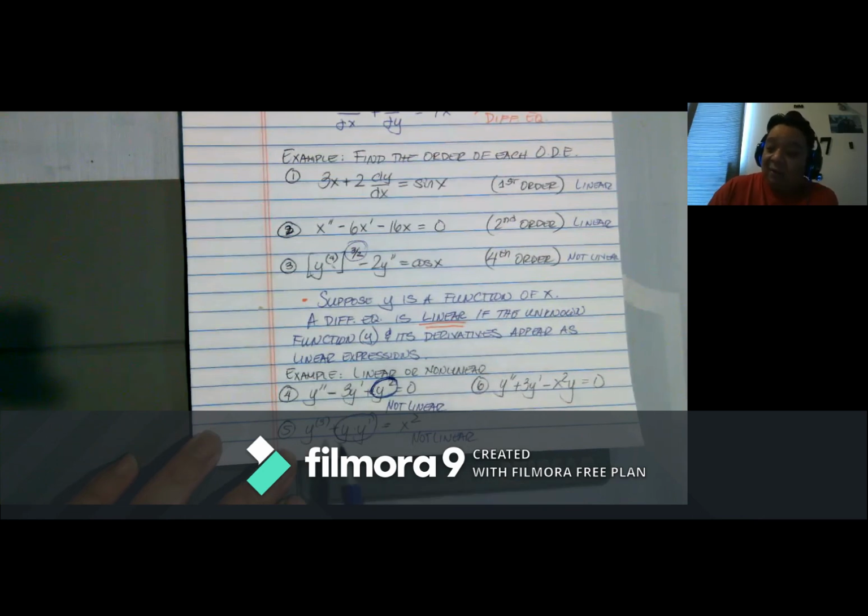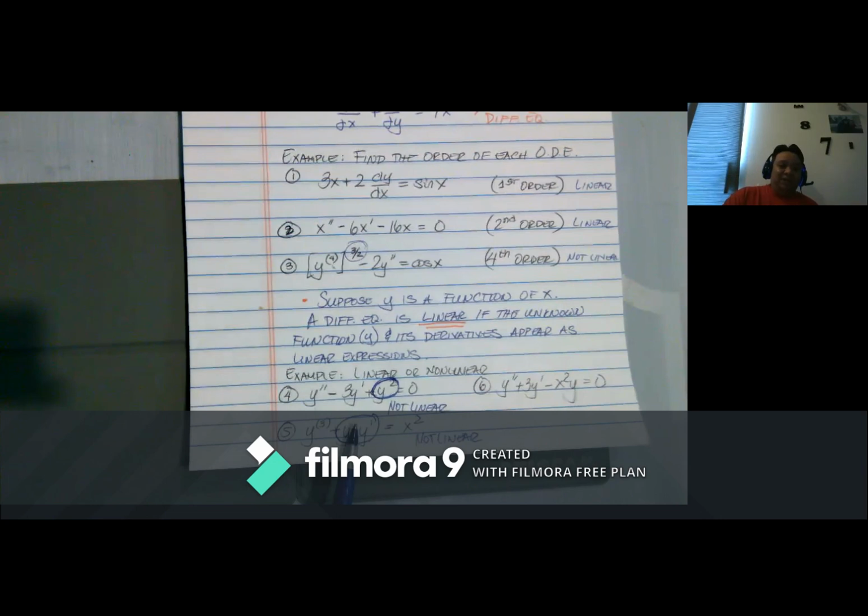It's kind of like having a y times y, which is a y squared, but obviously it's not y squared because one of them is the first derivative, but you are multiplying two y's. So multiplying two y's, essentially the degree is 2. So this is not linear. This one is though, right? So this expression is linear because that's just